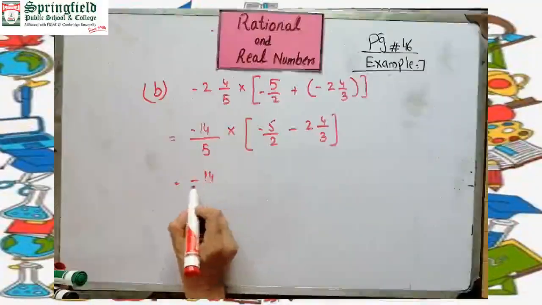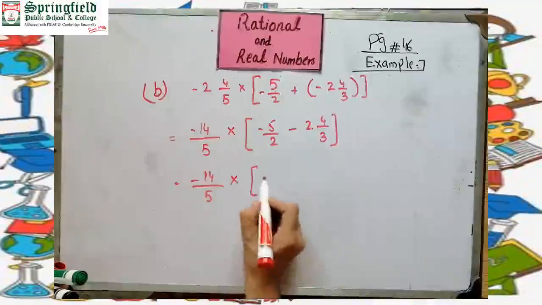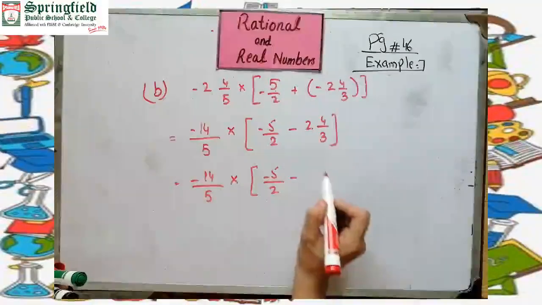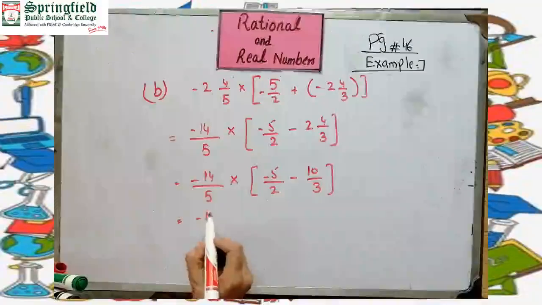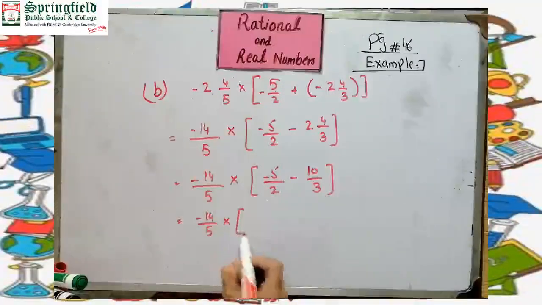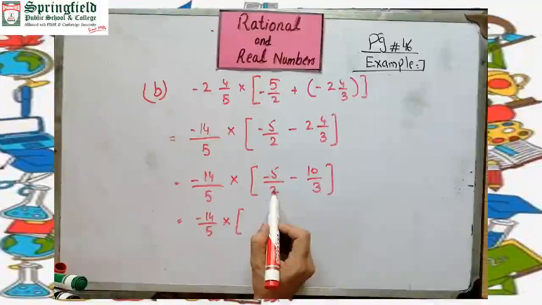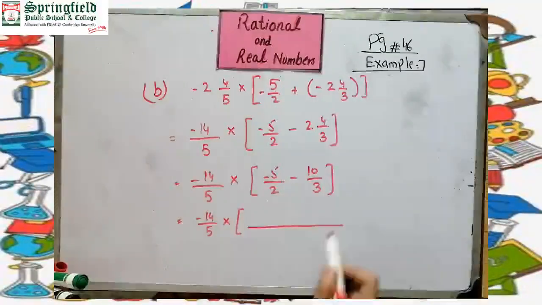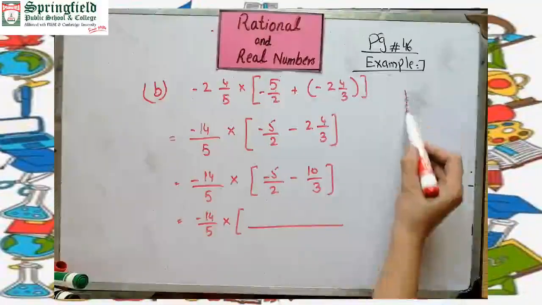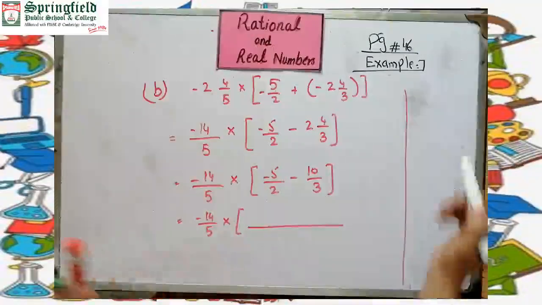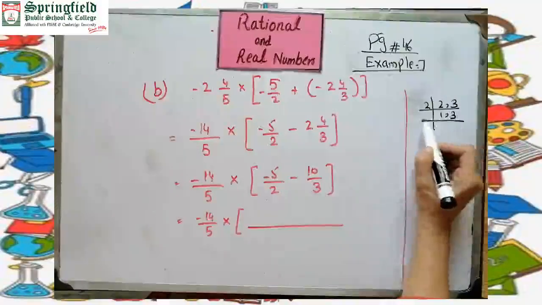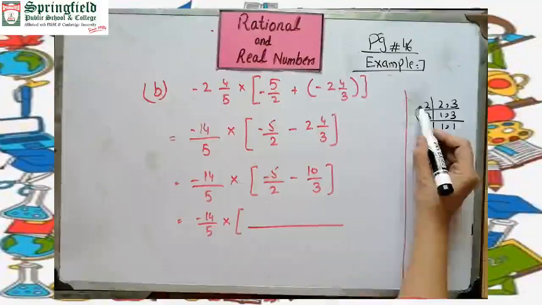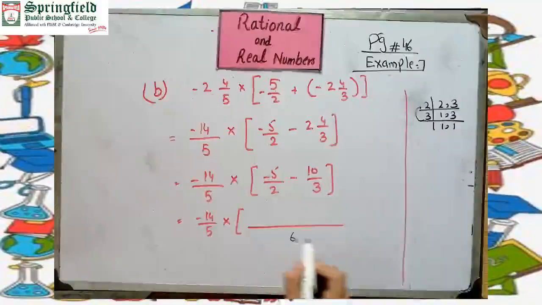Now convert the mixed number into the fraction form. 2 3s are 6 plus 4, 10 divided by 3, minus 14 divided by 5 multiply. So beta, as we know, how can we convert the small fraction to the long fraction? By the LCM method, it means we will find the LCM of 3 and 2. 2 ones are 2, 3 we will write the same, and 3 ones are 3. So multiplication of factors, 3 multiplied by 2, it means 6 is the LCM of 3 and 2.